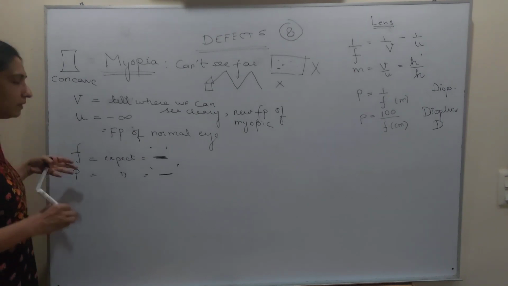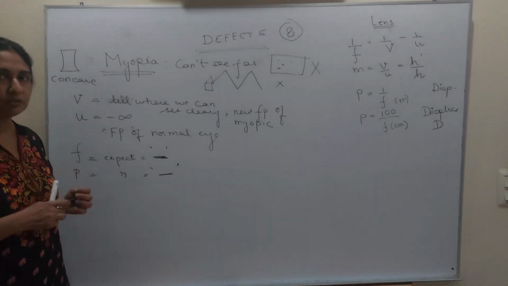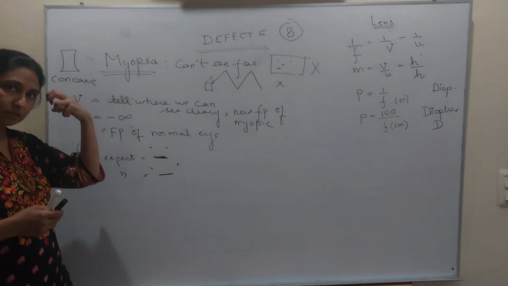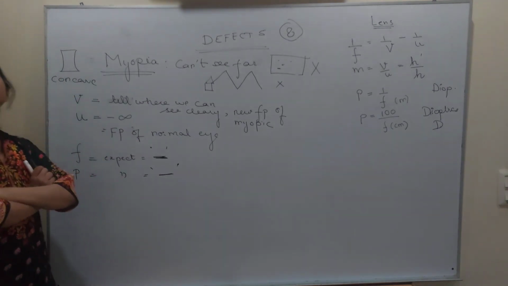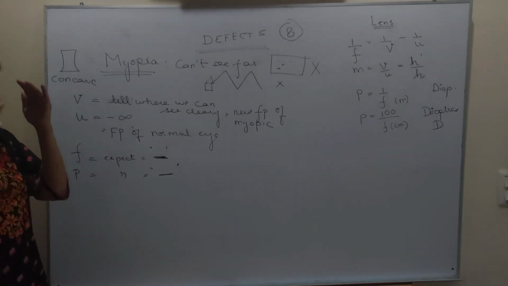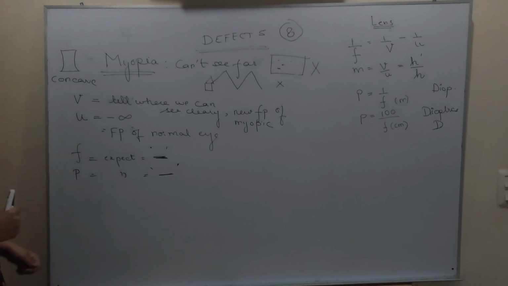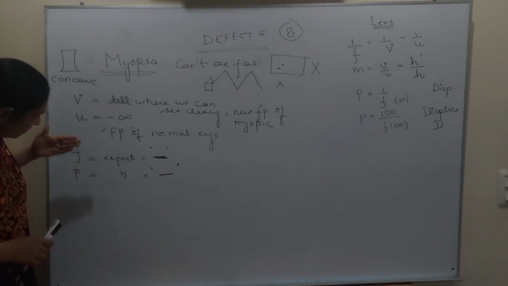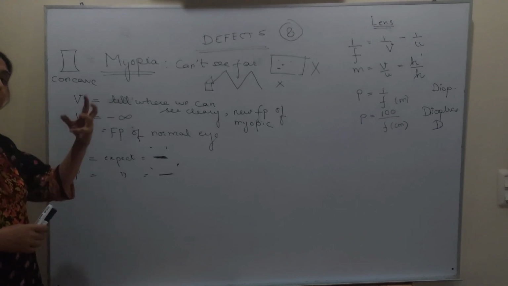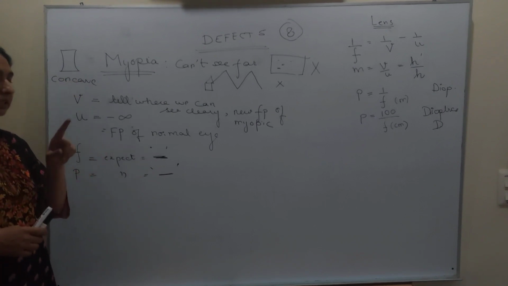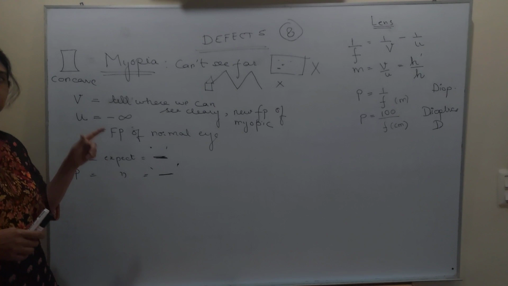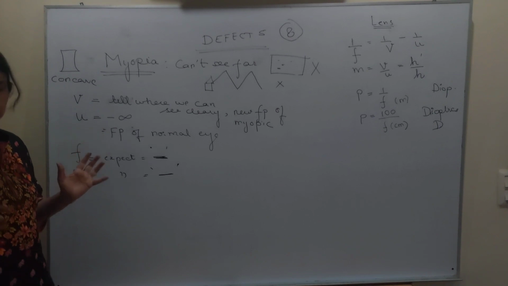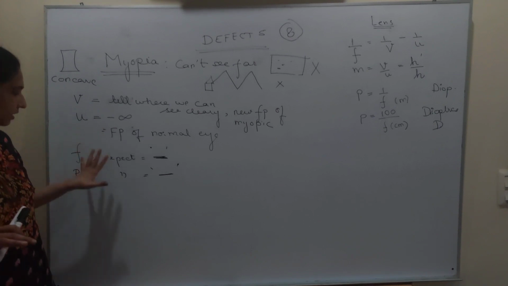Now whose focal length and power is this? Sometimes children don't even understand what this is the power of. Is this the power of our eye lens? No. This is not the power of the eye lens. This is the power of the lens which we are wearing as the specs. The power and the focal length of the lens present in the spectacles. Keep that in mind. It has nothing to do with our eye lens, which has gotten kind of lazy or fat or anything.